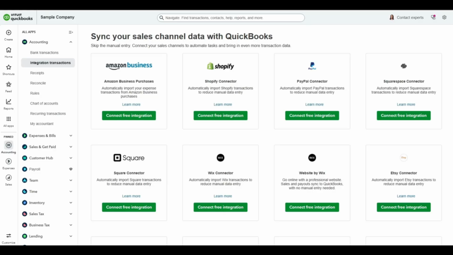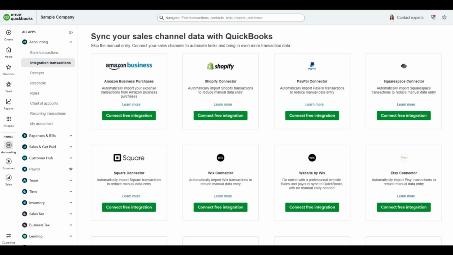Now, you might wonder, if the payment eventually appears in the bank account anyway, why do we need integrations separately? That is actually a very good question. The reason is that integrations often provide more detailed business information before the final bank transaction appears. For example, Shopify may provide product sales details. PayPal may provide customer payment information. Square may provide point-of-sale transaction details. The bank transaction usually shows only the final money movement, while integrations can provide richer business data and automate bookkeeping